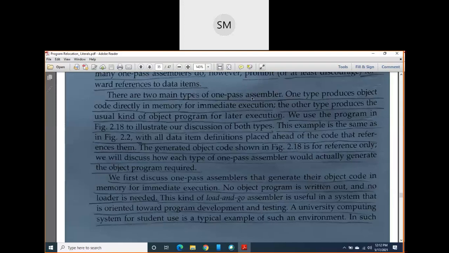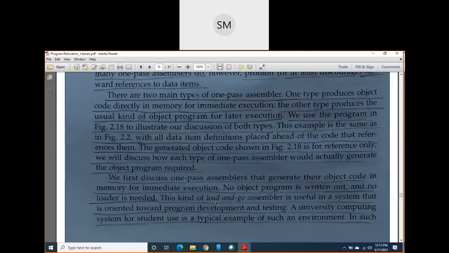How do you come to know that this is the end of the object program? When you come to the end record, the assembler will automatically understand, then it will execute it. Are you understanding? So now the question is how to eliminate this forward reference. Whatever assembler type I discussed today is the first type of assemblers. This type of assemblers is called a load and go assembler, because they directly write the object program to the primary memory instead of storing it into the secondary memory.